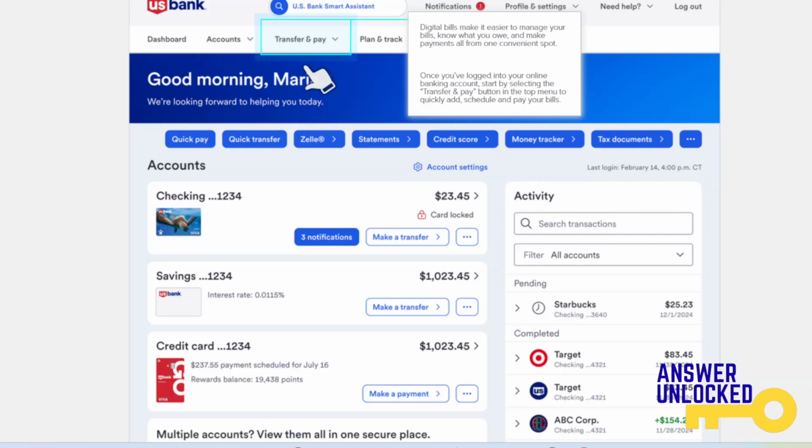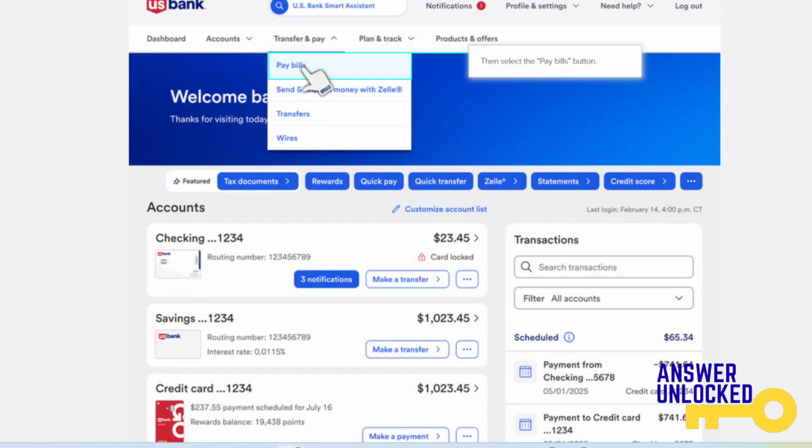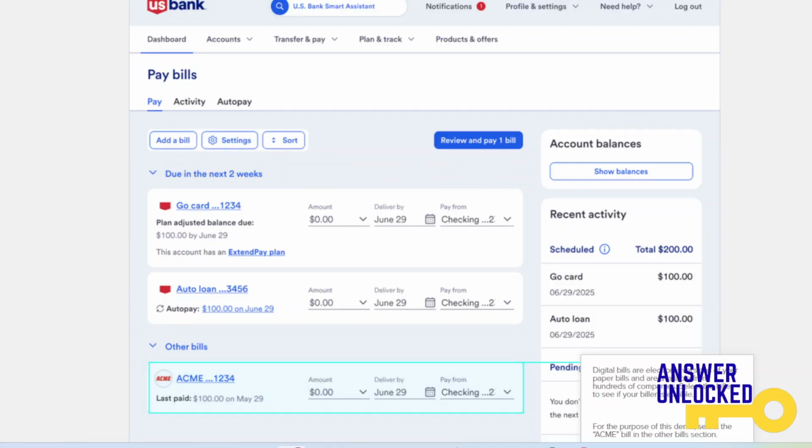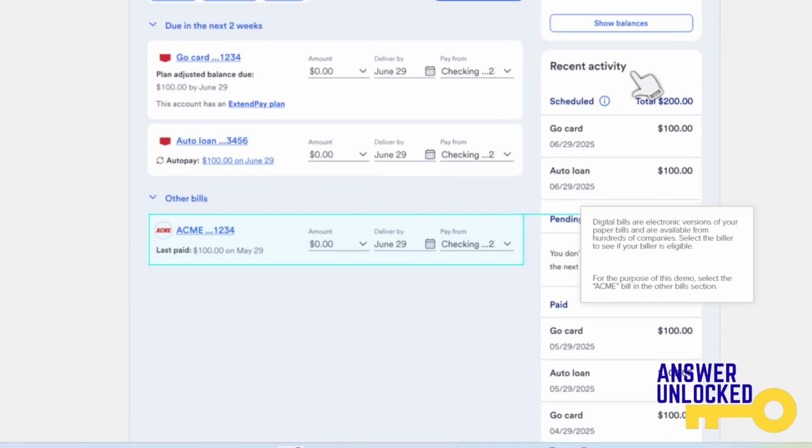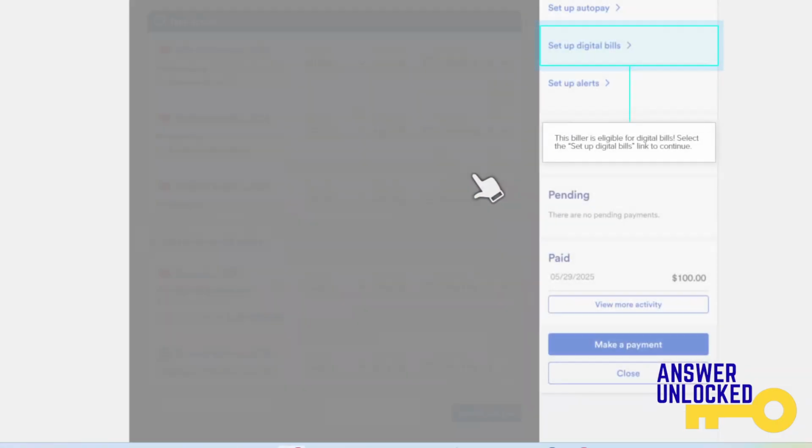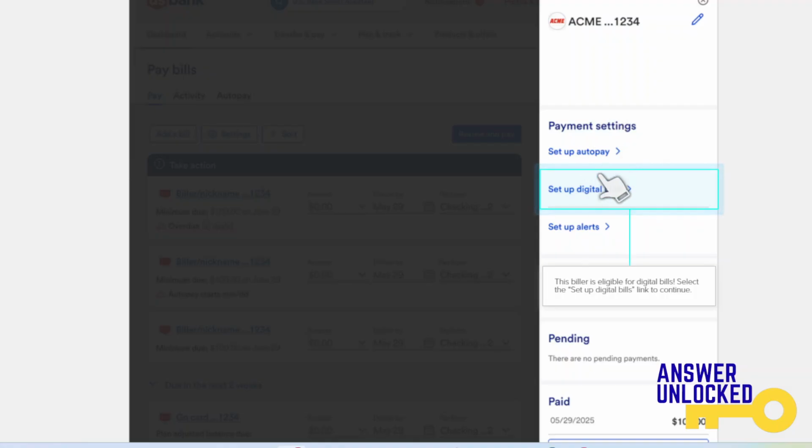First thing I want you to do, once you're logged into your dashboard, come to the top, click on transfer and pay, and then click here on pay bills. What I want you to do now is go ahead and scroll down and select the bills you want to set up digital bills for. So we'll go ahead and select this one right here, and then for payment settings, we'll click on set up